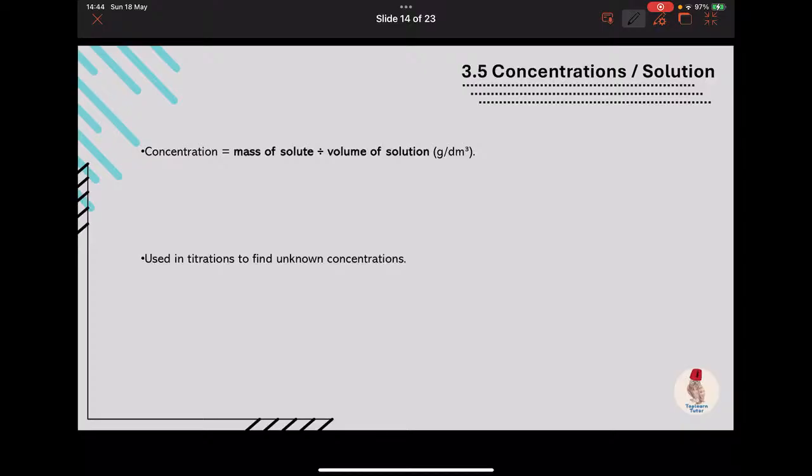Next, we have concentrations and solutions. Now, concentrations and solutions also comes up quite a bit, and this formula can get you every single mark in any concentrations question that comes up, or any titrations question. Now, the formula is n equals CV. Easy to remember, CV, what you need for job applications. Now, number of moles equals the concentration times the volume. Now, if you have